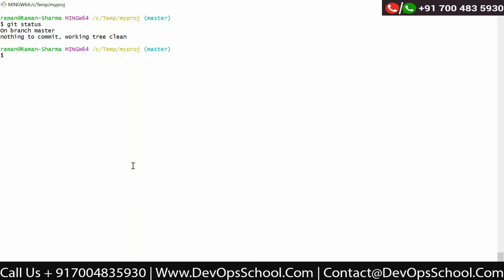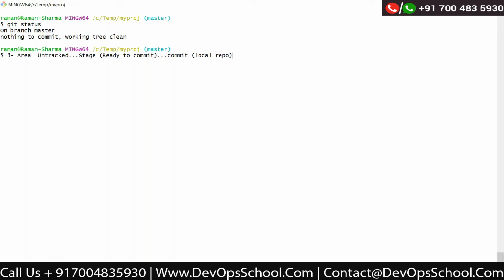So here, as I mentioned, there are three areas. The first area is your untracked files, where you are currently working. Second is the stage area. Stage area means these are the files which are ready to commit. And next is the commit, which means you are storing the files into the local repository.